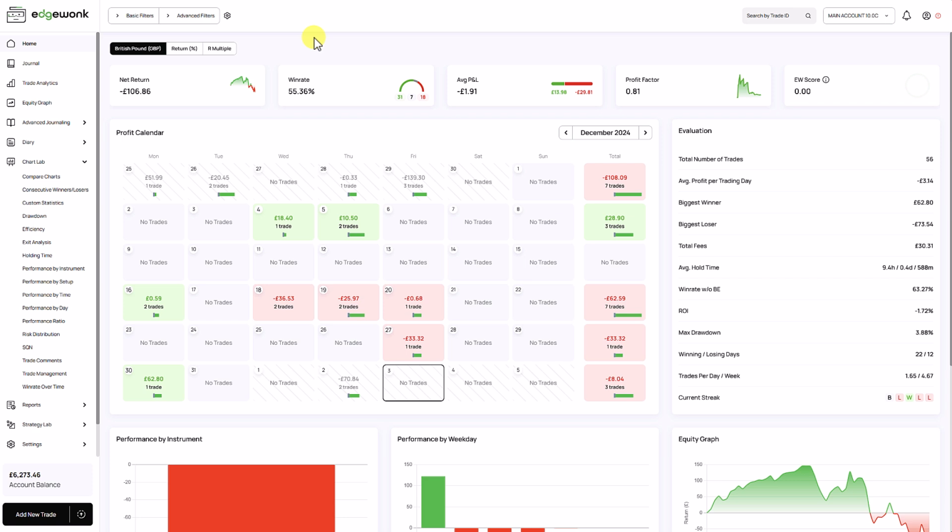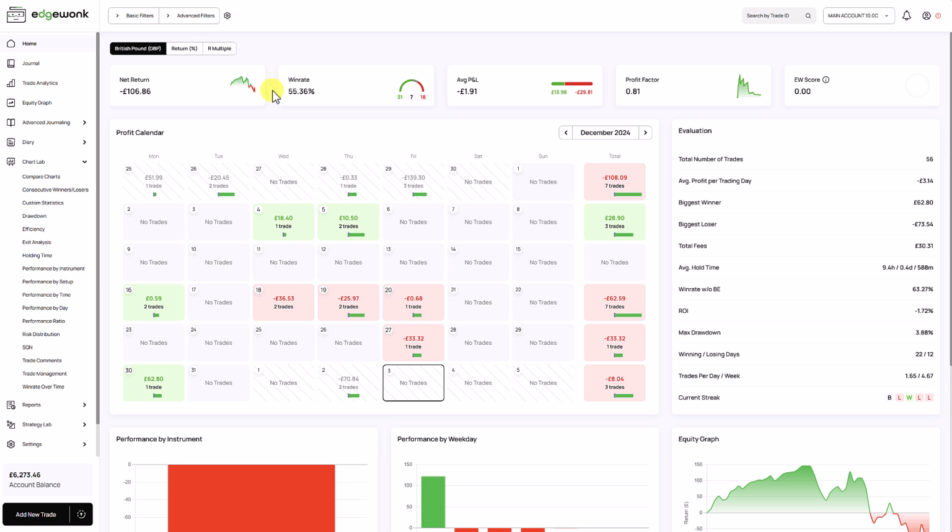Welcome to another Edgewonk deep dive, and today we have quite an interesting journal. It took me some time to go through all of this data and make sense of it, but I think we can learn quite a bit when it comes to strategy development, performance analysis, and how to go about your trading strategies. So the first thing, when we take a look at the home screen, we see that the trader